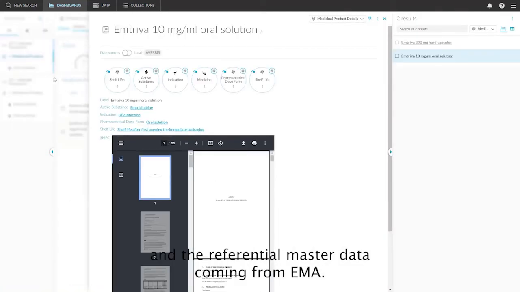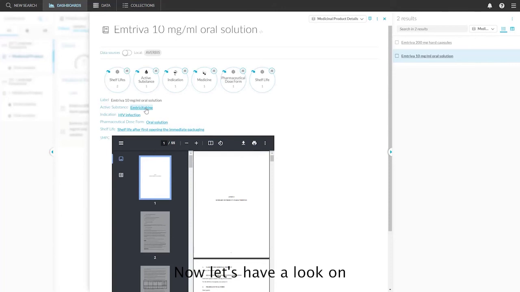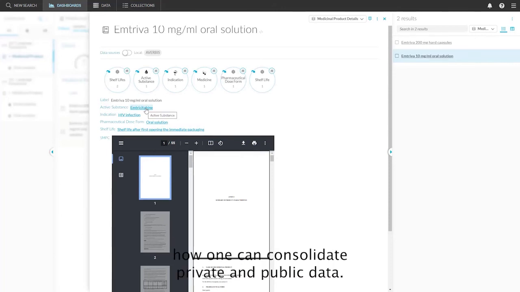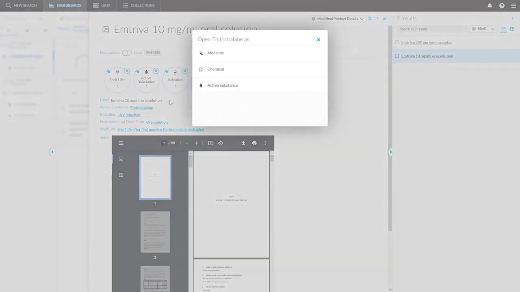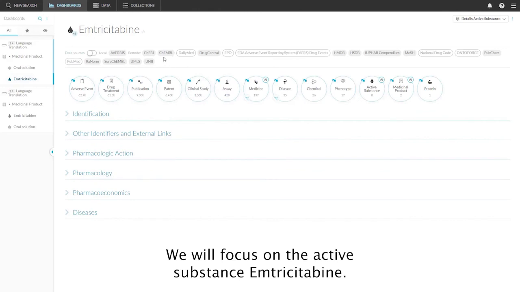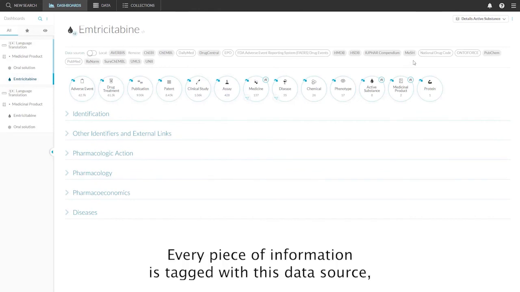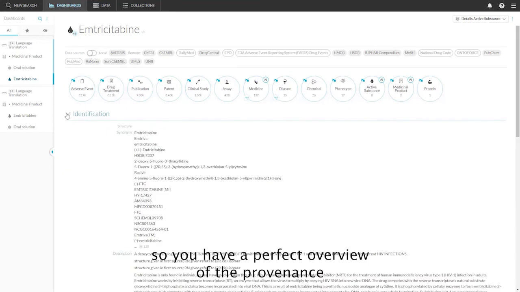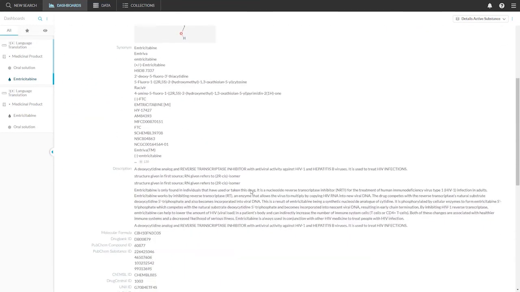data coming from EMA. Now let's have a look on how one can consolidate private and public data. We will focus on the active substance emcitarabine. Every piece of information is tagged with its data source, so you have a perfect overview of the provenance of